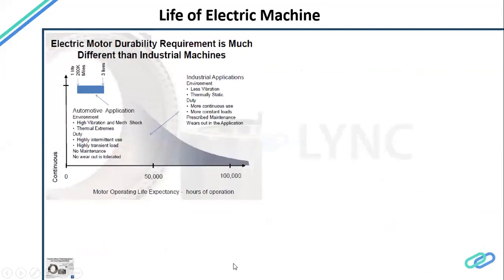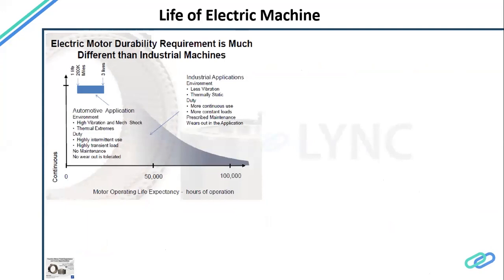Another element is the life of the electric machine. The life is very important here, because the definition of life is how many miles I can run. What is a life? So this is a typical